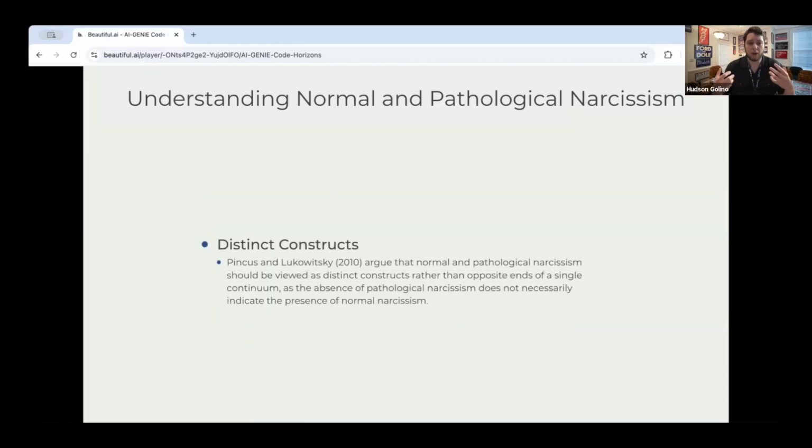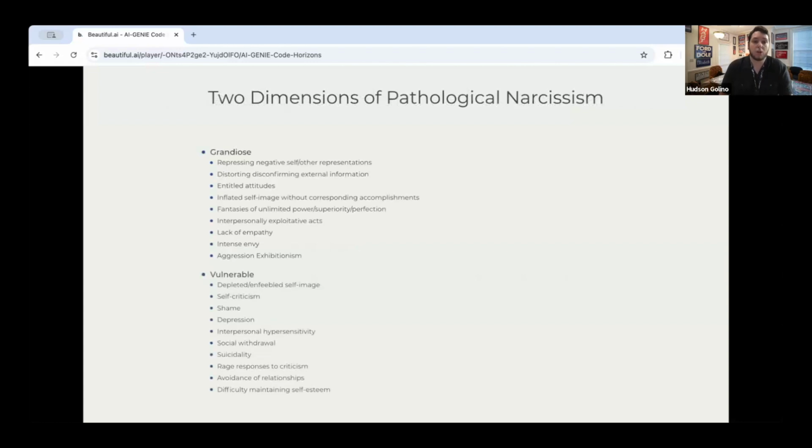So for Pincus and Lukowitsky, pathological narcissism and normal narcissism are distinct constructs rather than the opposite ends of a single continuum, as the absence of pathological narcissism does not necessarily indicate the presence of normal narcissism. So there are two dimensions of pathological narcissism: grandiose, so the characteristics or attributes of grandiose pathological narcissism is